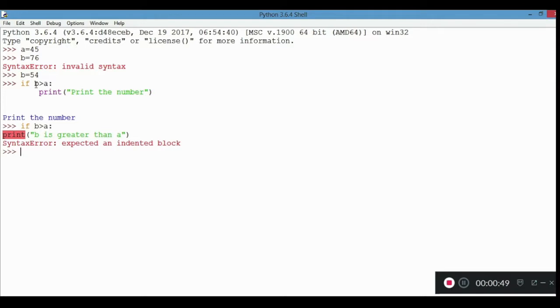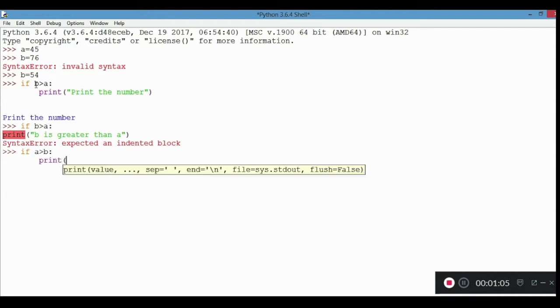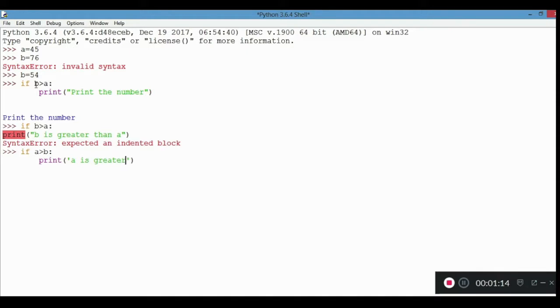it. Coming next to the topic, if else, the example of if else. So first we need to give if a is greater than b, so it would print a is bigger, a is greater, and now